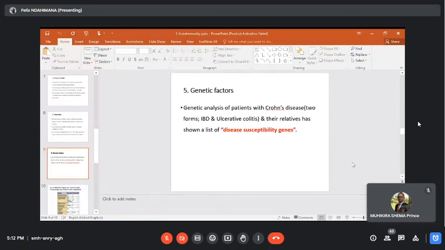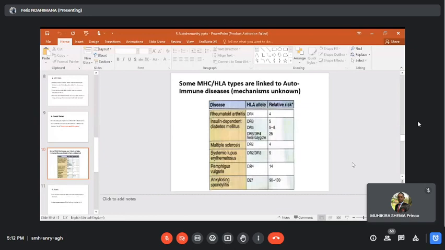So we talk about genetics with autoimmunity because we know some of the diseases run in families. They are genetic. You know, many of them like Crohn's disease, IBD, and so on. Some MHC and HLA types are linked to autoimmune disease. We have some people with different HLA, and now they can be susceptible to some disease. I don't remember where, but they used to say that there are people who are also